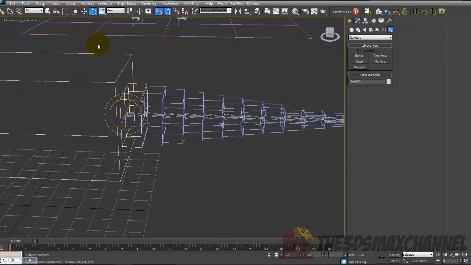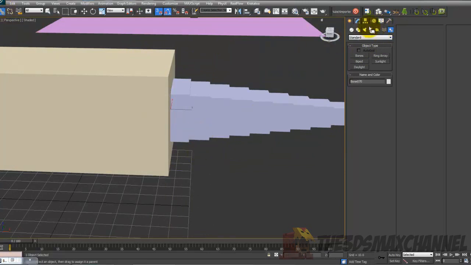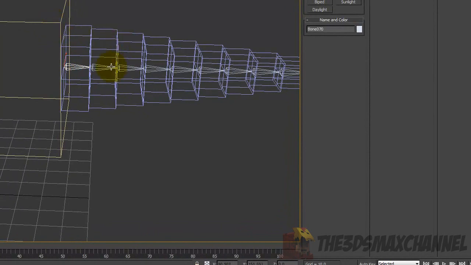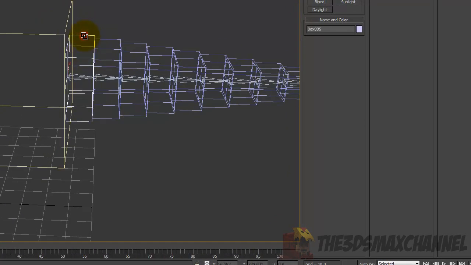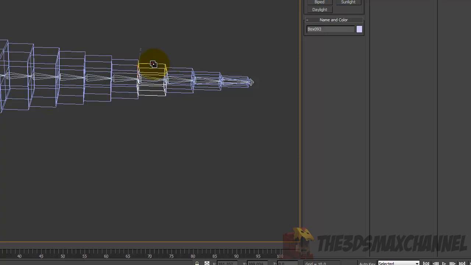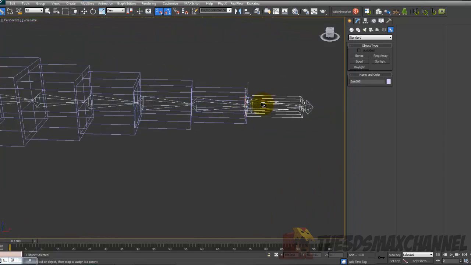So once you've done that, just link each one of these bones. So first, actually link the main tail to the body. You can either do it by just simply linking it, or if you want to keyframe it eventually to come and get cut off, then use the other way that I showed you a minute ago. So once you've done that, just link each box to each bone, like we did with the neck. Okay, so once you've got them all added,